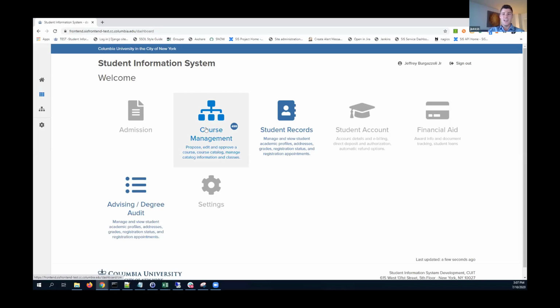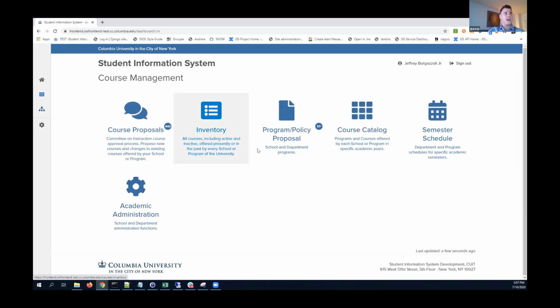class information at Columbia. Off on the left, you'll see some of the navigation panes that help us get back to the main areas. And of course, we'll drill into course management right now. We've implemented a card premise so that you drill into different areas and functionalities. As you get deeper, you'll see some more granular